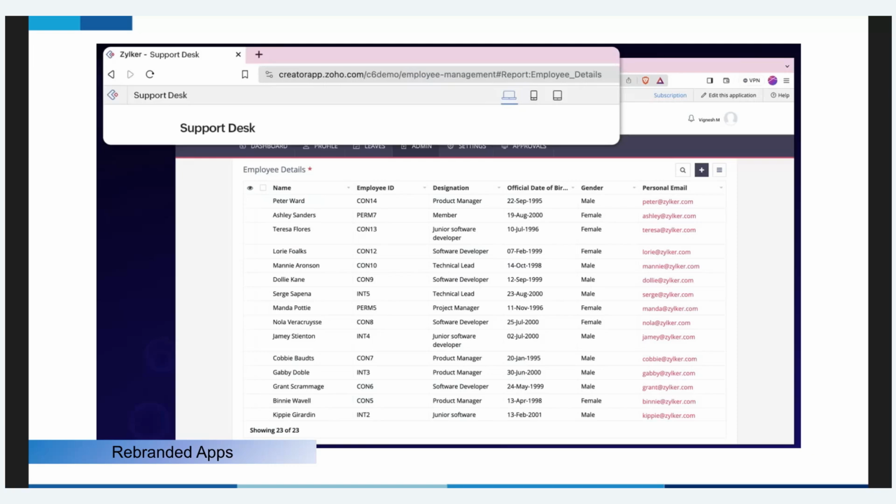Creator allows organizations to publish their apps under their own branding. So instead of seeing Zoho, users download an app named after your company, complete with your logo, colors, and icons. This enhances professionalism and trust, especially for customer-facing solutions. Whether it's a booking app, delivery tracker, or customer care portal, presenting it under your own brand helps improve